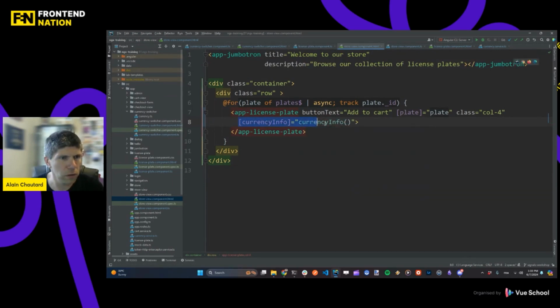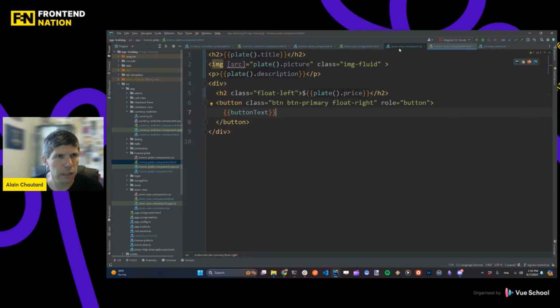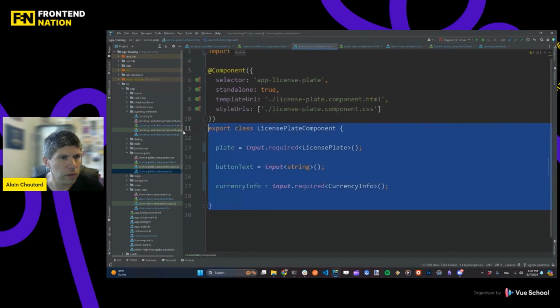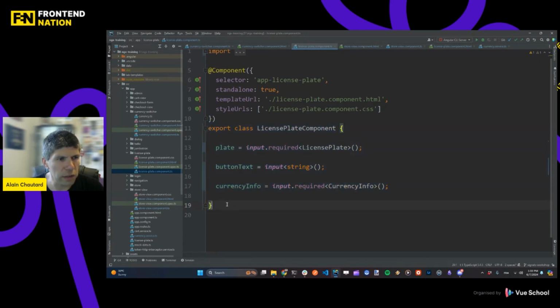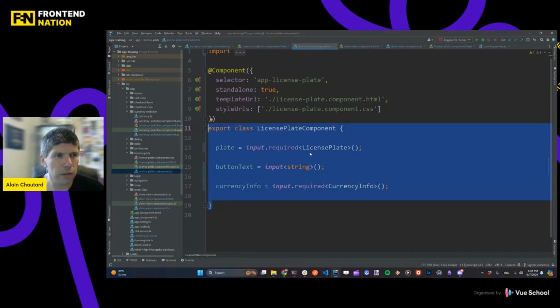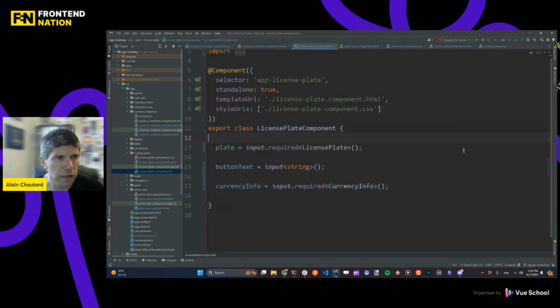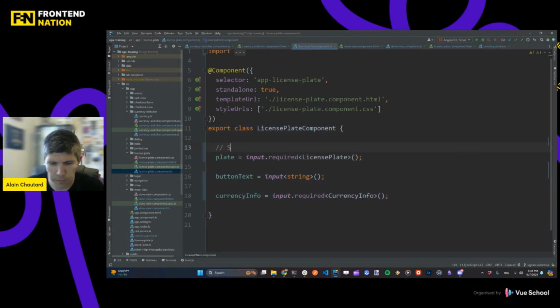There you go. We pass the value as an input to the license plate component. And as a result, license plate component is going to receive that value. When a component is like this and only relies on signals for everything, this is what we call a